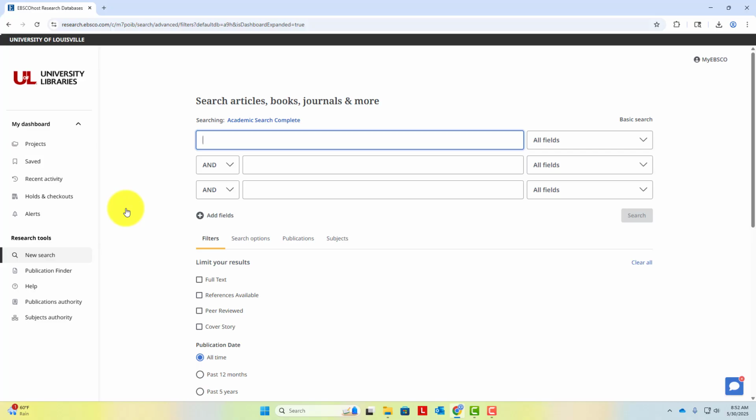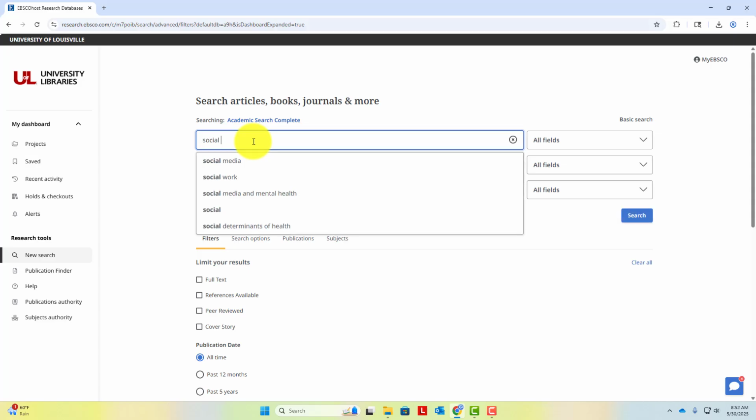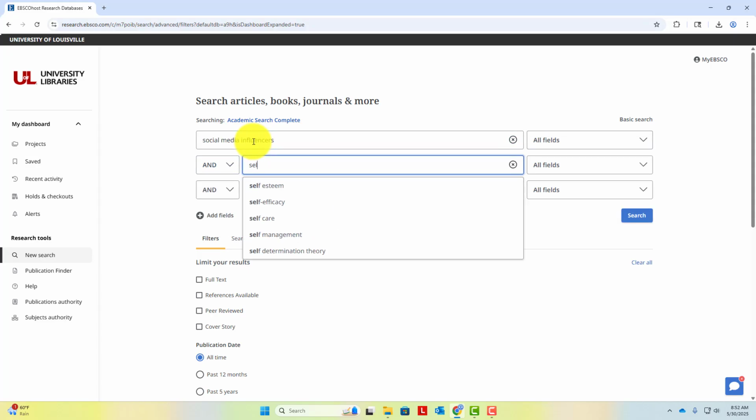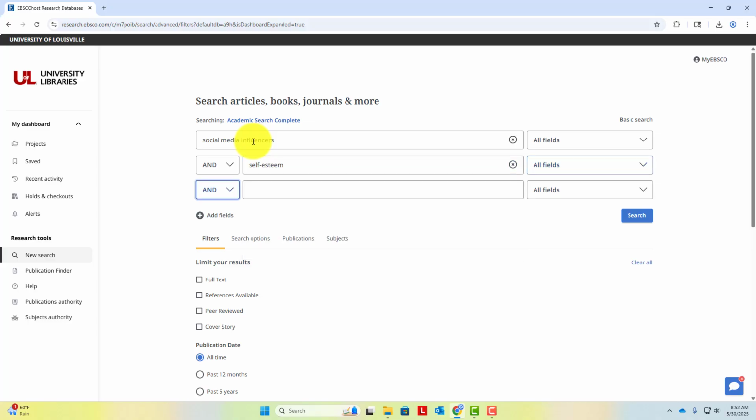In EBSCO Academic, one of the first things you'll notice is that there are multiple search boxes at the top of the page. This is why we developed our search strategy with a list of keywords. We'll enter one keyword per box. Let's try some searches. First, we'll put social media influencers in the first box, self-esteem in the second, and followers